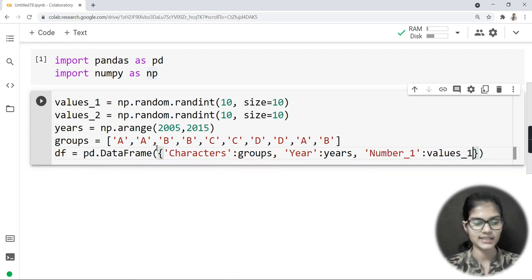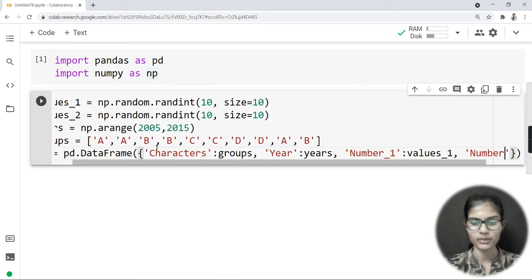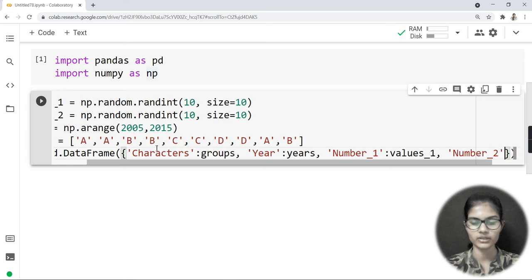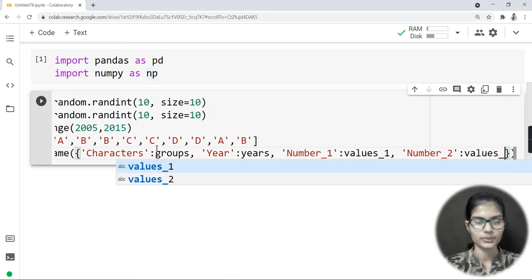Not the exclamation mark, it is the one. So values_1, right? Again I would put one comma, and here I would be writing number_2. Fine, I would put the colon here, and here I would be adding values_2.